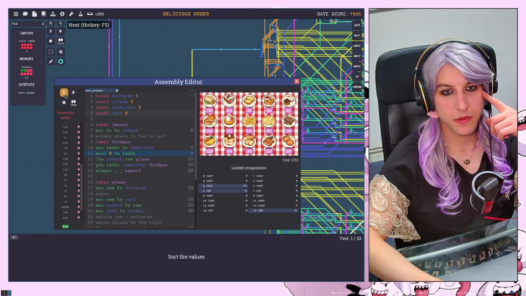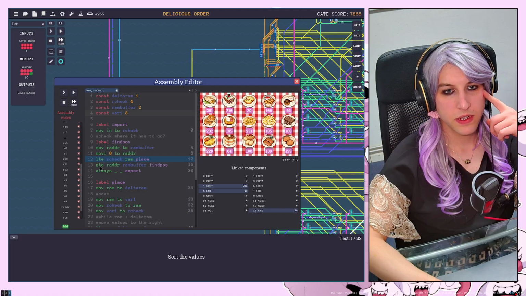So now what? Now we move 0 to our RAM address, yes. I already explained this. And then we check. If the value that we currently have sitting in our check register is less than the value that is currently sitting in the RAM, we place it. If this is not the case,